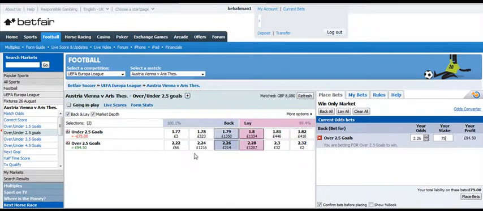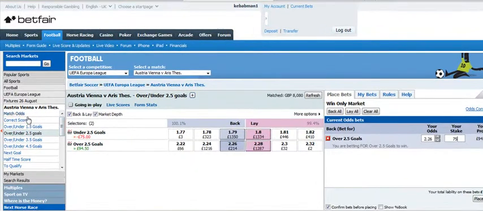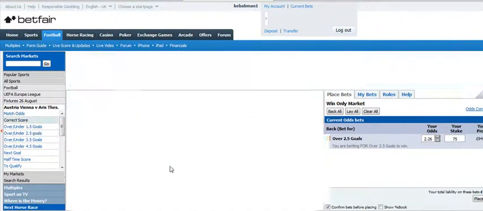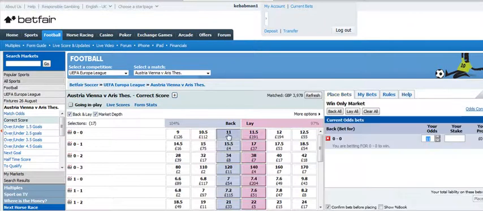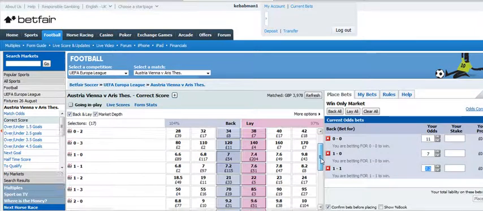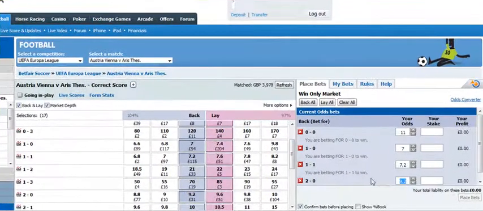So we're just looking here at what else we could do in this particular game. We could possibly do the covers, which is backing overs and backing certain scores. Normally you want the home team favourite for this, so you're going to back the 0-0, the 1-0, the 1-1 and the 2-0. The 1-1 I tend to leave about scratch on that. The 0-0 I tend to have around